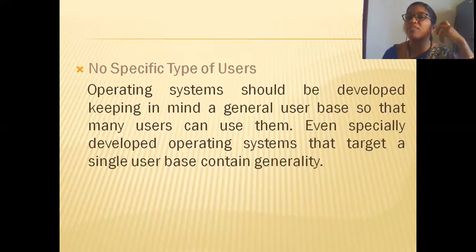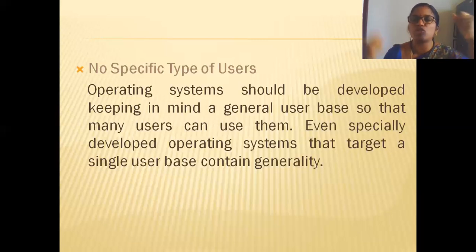We will be finding different kinds of users. One person will see only for time pass. One person will see and feel, oh no, it's very costly, so I will not buy. One person will see according to his need. He will definitely buy because he doesn't have any other way to go and buy. So the operating system should consider that there are different kinds of people. Your operating system should be comfortable with different kinds of users.